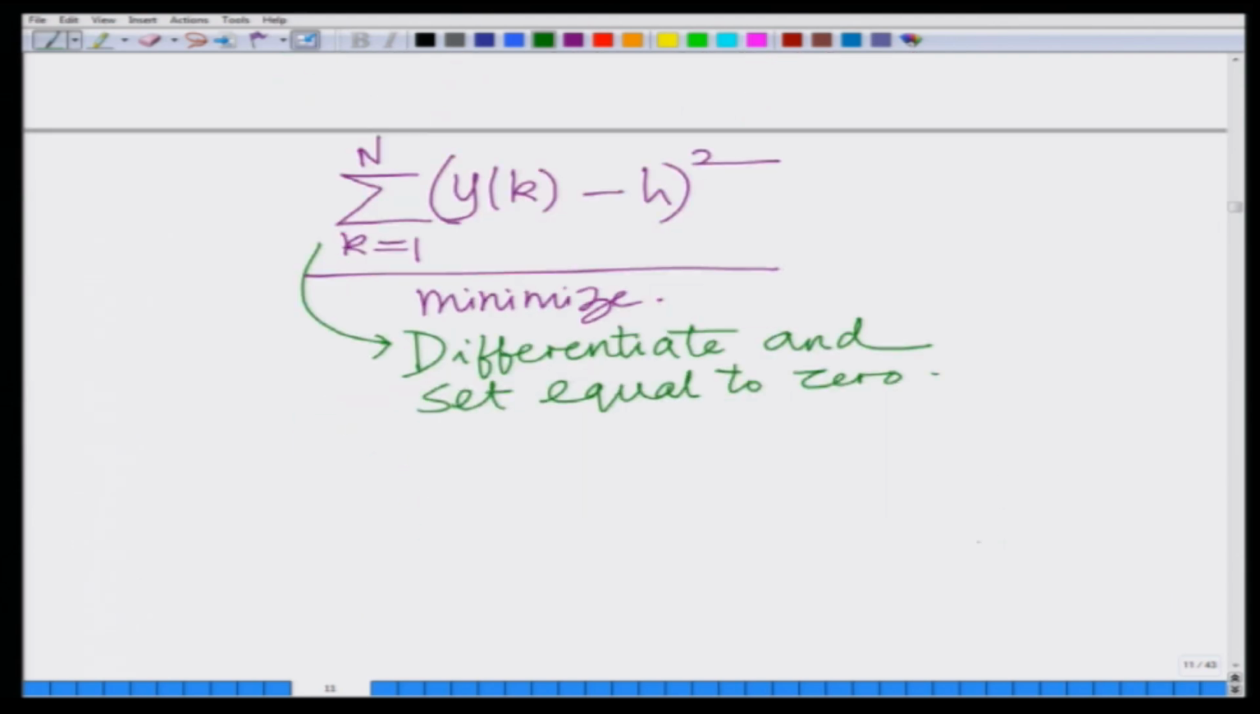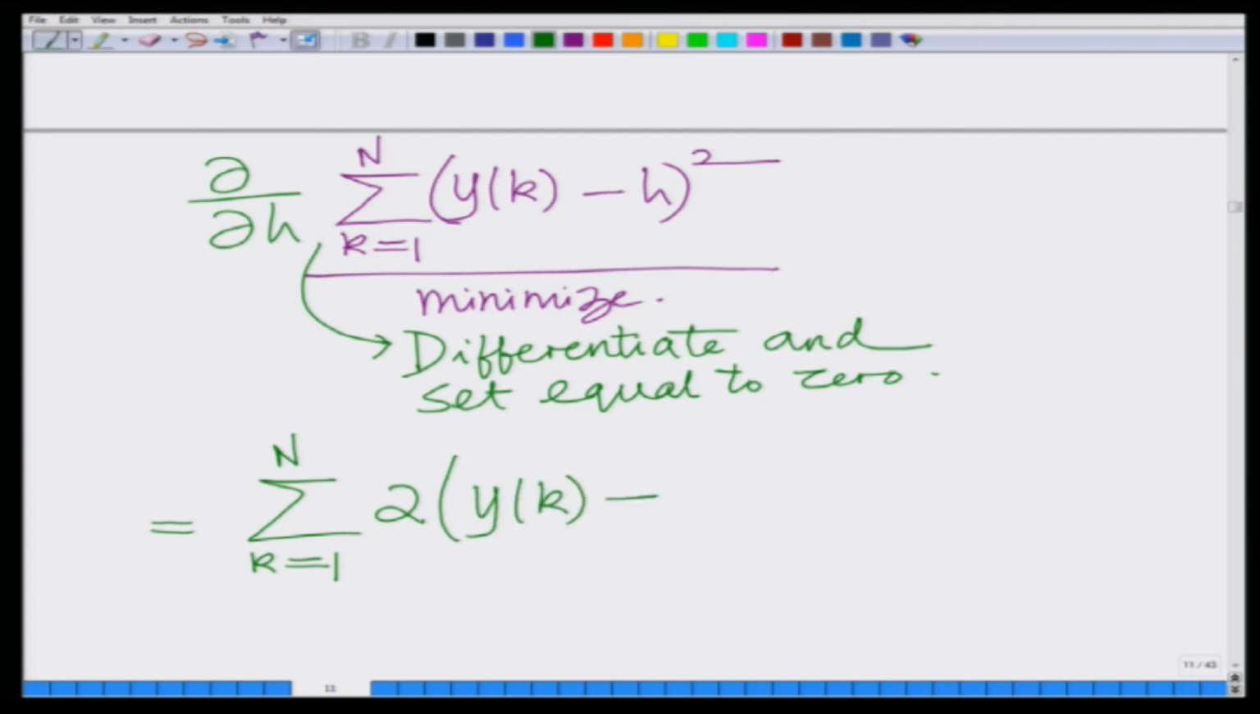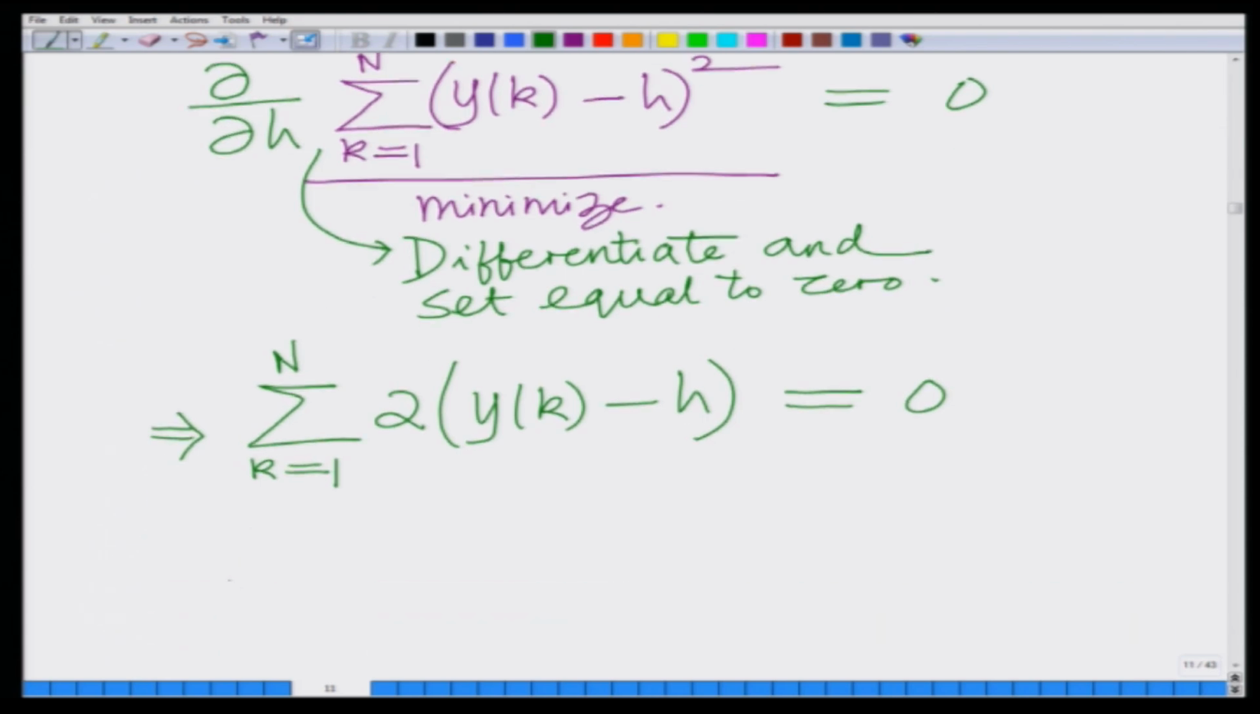And if I differentiate this with respect to h, what am I going to get? I am going to get summation k equal to 1 to n twice (yk minus h) equal to 0. That is, differentiating and setting equal to 0 implies summation k equal to 1 to n twice (yk minus h) equal to 0, which basically implies that summation k equal to 1 to n of yk equals n times h,